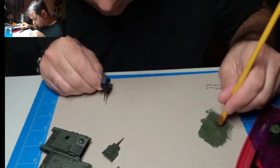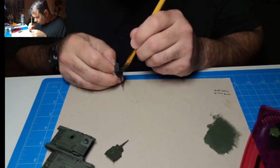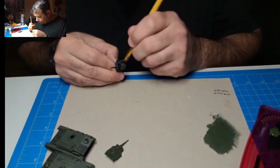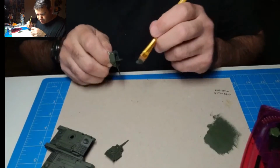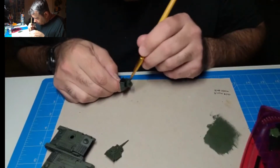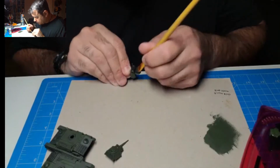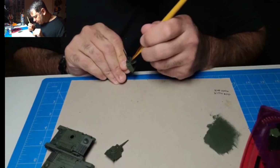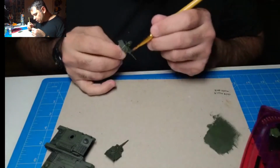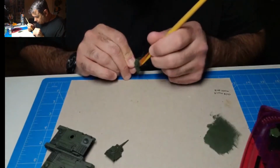Ah, the one with the turret opened. We'll have to find out if the inside of the turret hatch is white or it's green. My guess is it's going to be green. As the inside of the Russian tanks is white, just for reflective purposes, to add some light in there. But I'm not sure if the hatches are like the German tanks. The German tanks are a buff color, like an ivory buff color, but the inside of the tanks when they were open was still painted the same body color as the tank, so that it wouldn't be an eyesore when they had the hatch open. I'm sure there's another reason for it as well, but